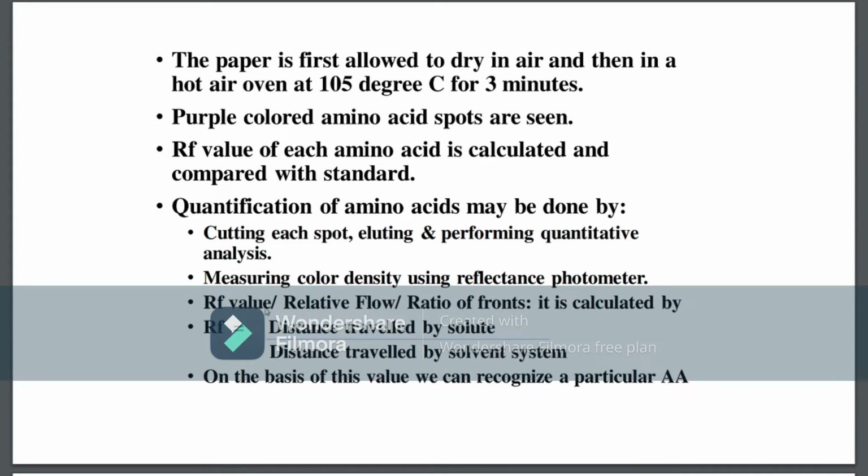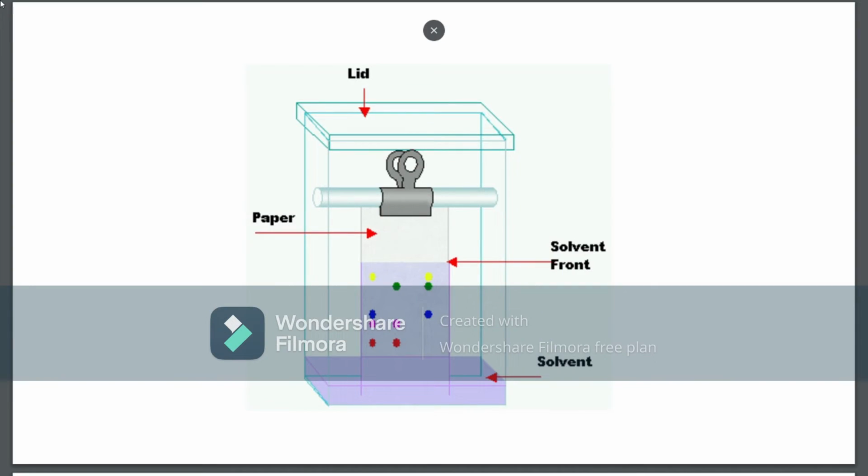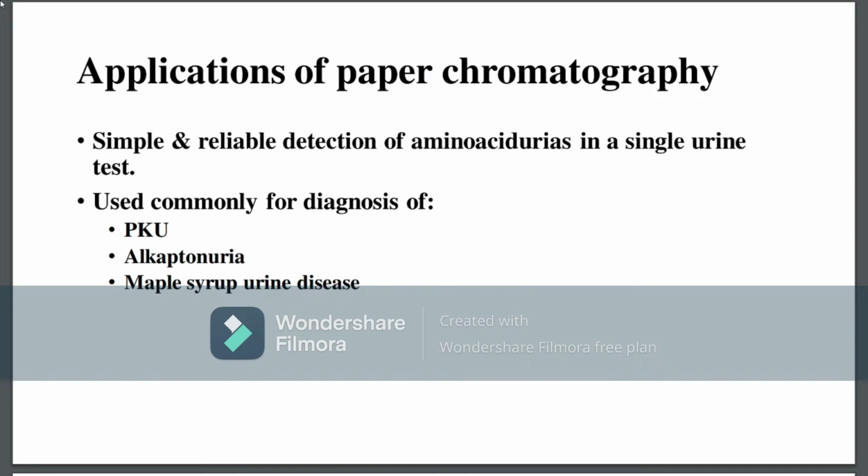So what is the Rf value? It is the relative flow or ratio of fronts. It is calculated by the distance travelled by the solute to the distance travelled by the solvent system. You should know what the Rf value is, and on the basis of this value we can recognize a particular amino acid. So applications: simple and